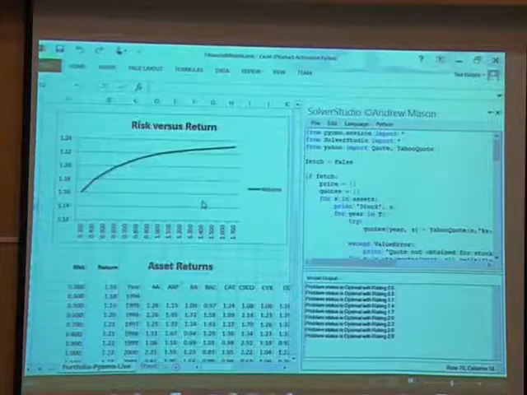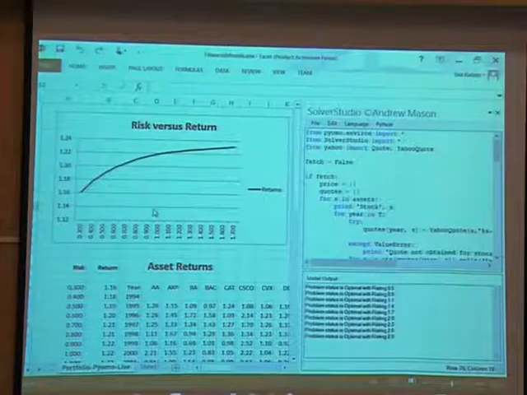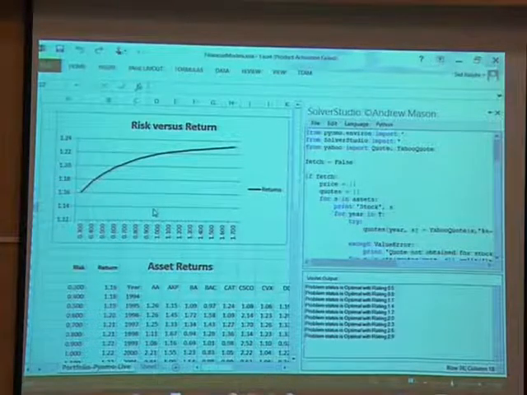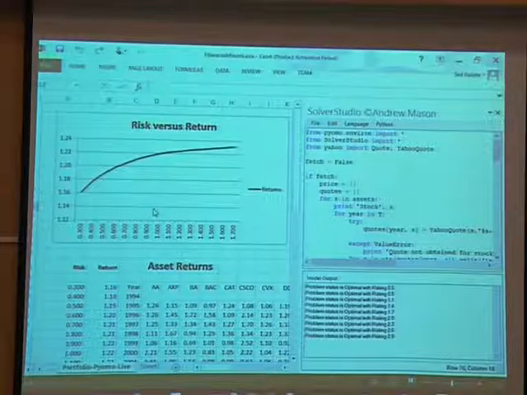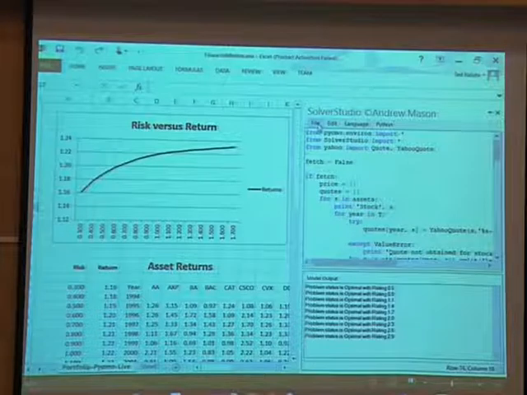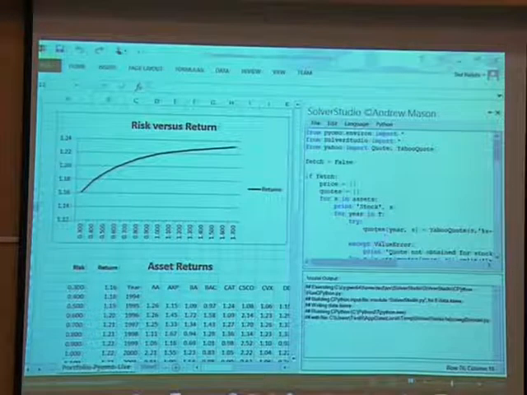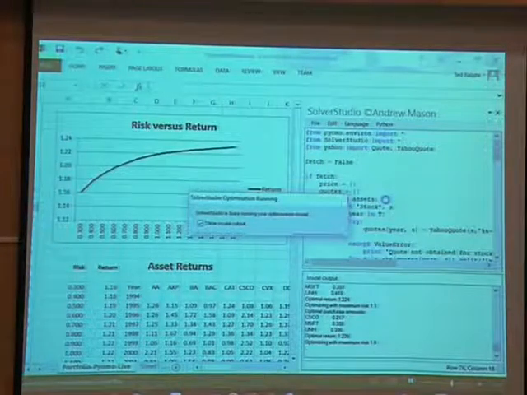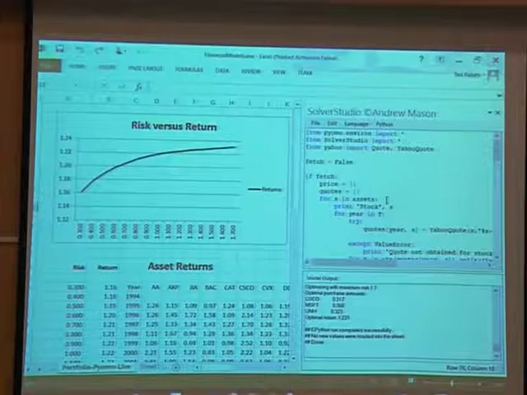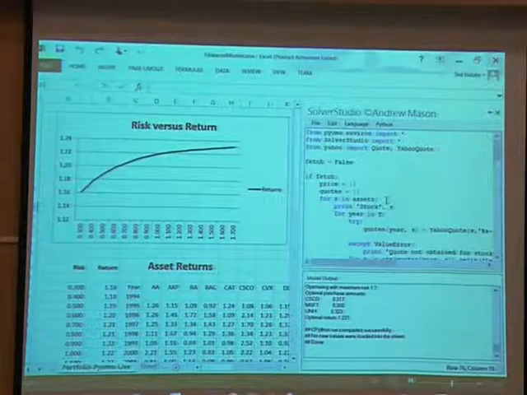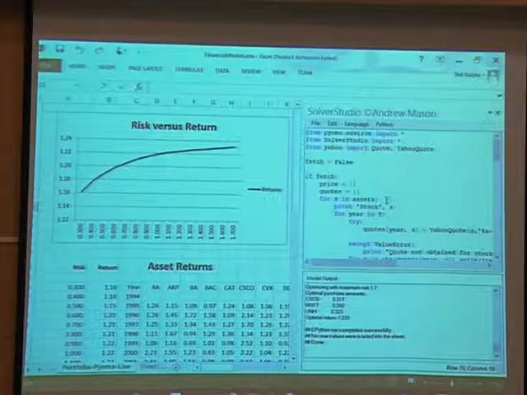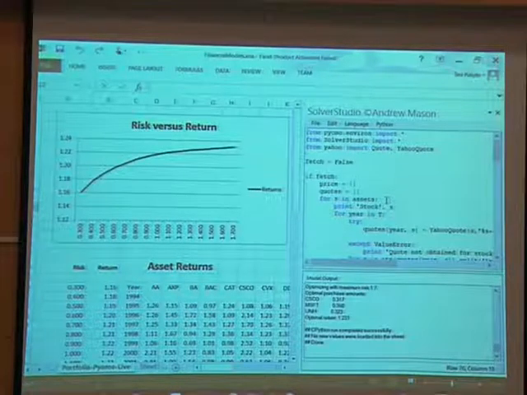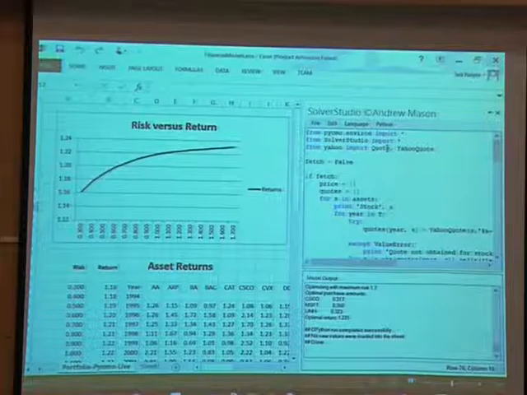And then what I'm doing is solving a bunch of these portfolio models at different risk levels and looking at what the return is going to be. So that's creating my risk return curve there. If I run this, then you'll see that it's going to run. Now this is using IPOPT because we have a nonlinear model here, and it's solving each one of these portfolio models and then populating the returns here and creating that trade-off curve. So all done in a spreadsheet with Python. Very, very cool. All right, I have